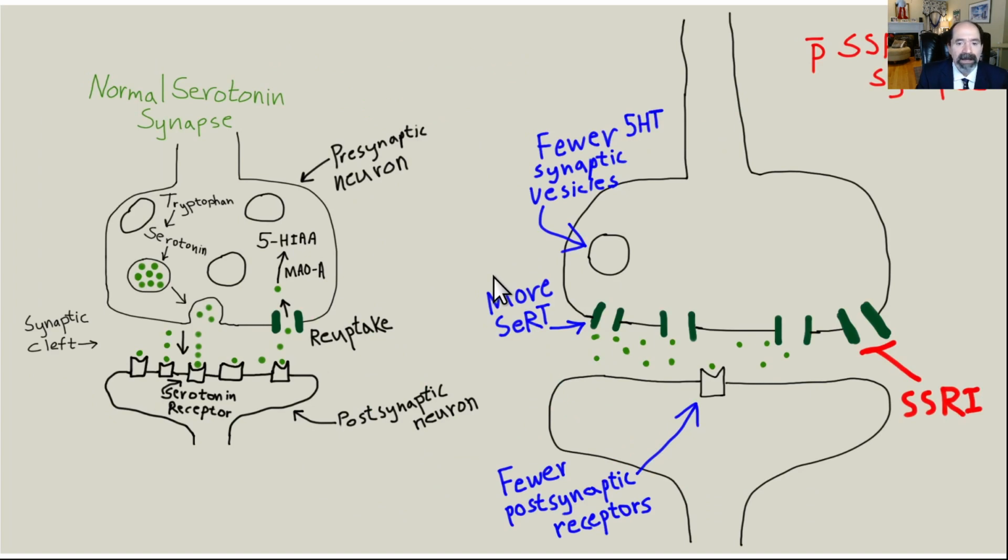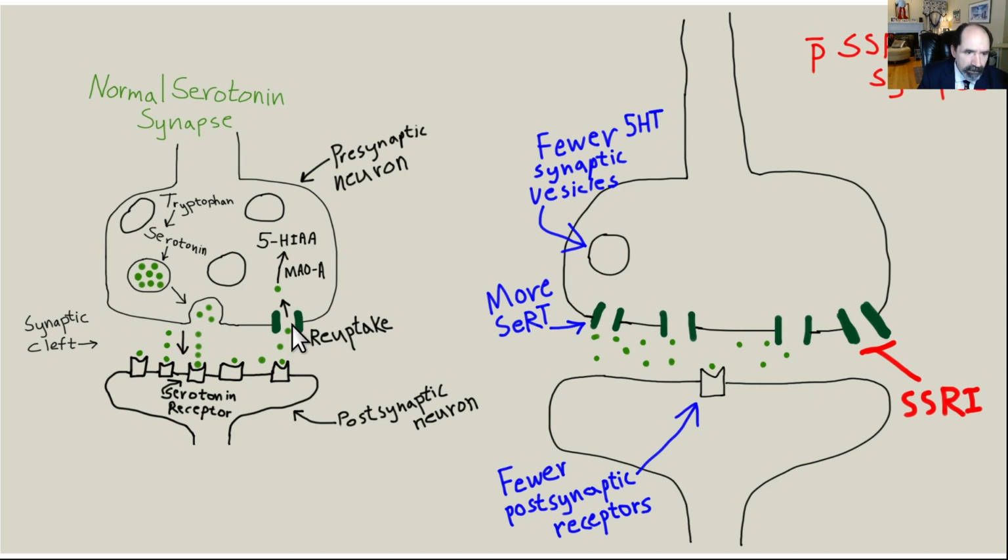Okay, now here's a really important one. There are two super important slides in this talk, and this is one of them. So we just showed this type of slide showing a normal serotonin synapse. Let's say it's got 1, 2, 3, 4, 5 receptors for this amount of space on the postsynaptic neuron, and about this many, 4 in this case, synaptic vesicles with neurotransmitter in them. Okay, and it's got one reuptake